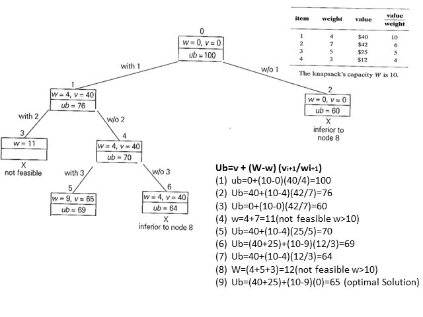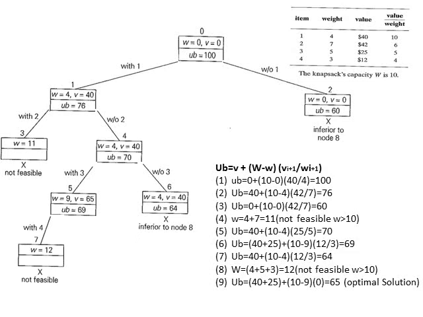4 is the weight of the first one, 5 is the weight of the third one, and 3 is the weight of the fourth one. So 1, 3 and 4, it is not possible to add that. It is equal to 12 which is exceeding the capacity of the knapsack, 10. So we cannot add the fourth item with the first and third. It is not possible. That is the seventh node. It is not a feasible solution.